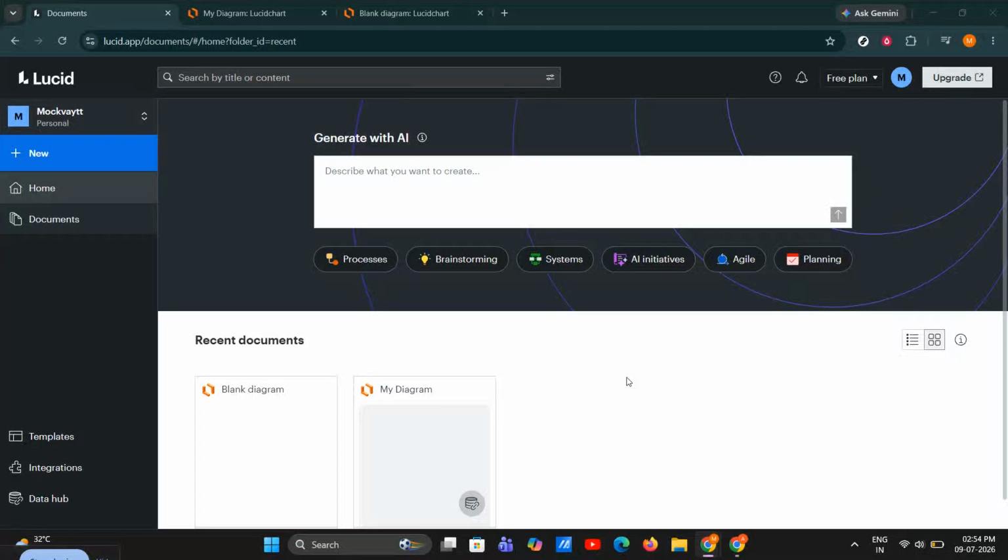If you're seeing the Lucidchart Error 401, that usually means there's an authentication problem, not that your document is gone. In this video, I'm going to walk you through the fastest fixes step by step so you can get back into your diagram without wasting time. We'll cover re-authenticating in an incognito window, checking for multiple accounts, clearing cache and cookies, disabling conflicting extensions, and verifying